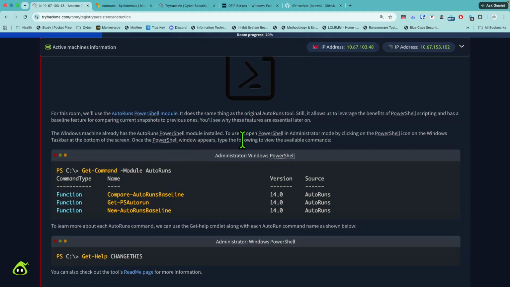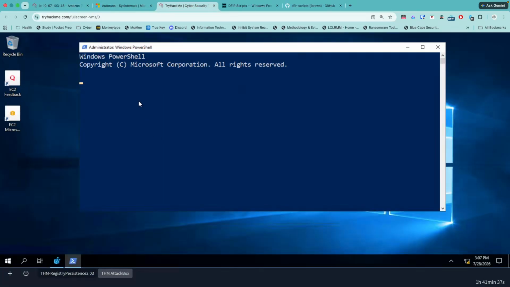The Windows machine already has AutoRuns. To use it, open PowerShell. And then once PowerShell opens, type the following. So we need to do git